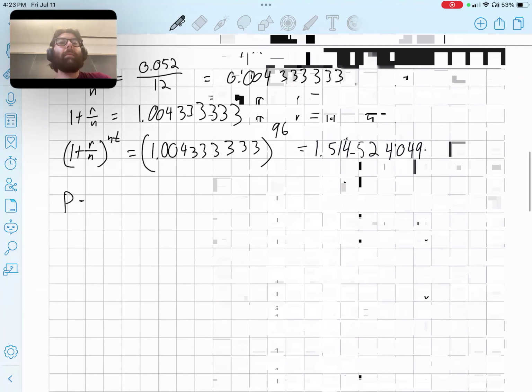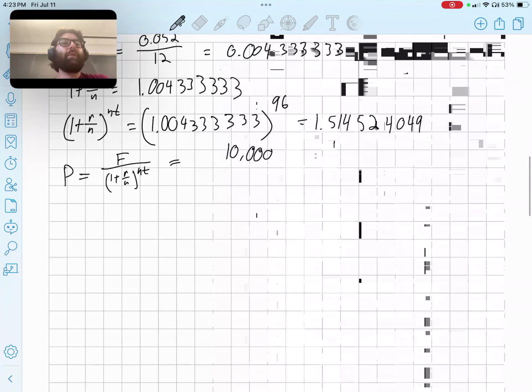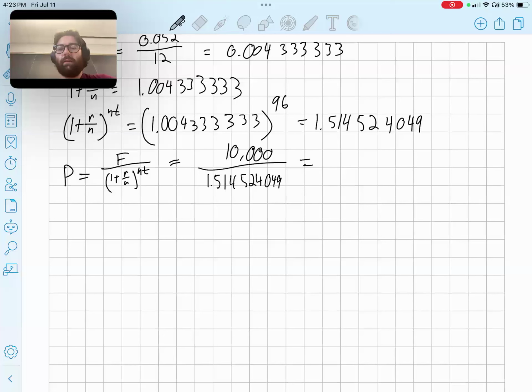So P equals F over 1 plus R over N to the N times T, equals 10,000, which is what we want to have, that's our future value, divided by 1.514524.049. 10,000 divided by 1.514524.049 equals